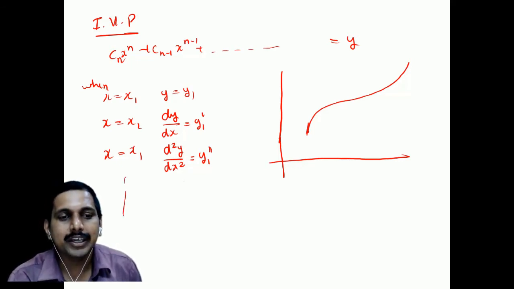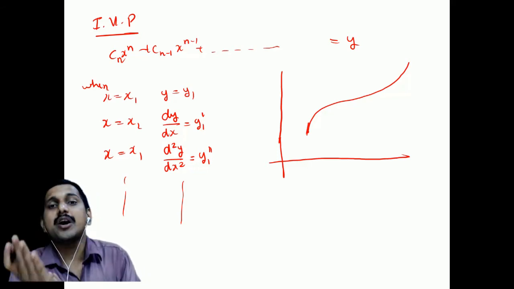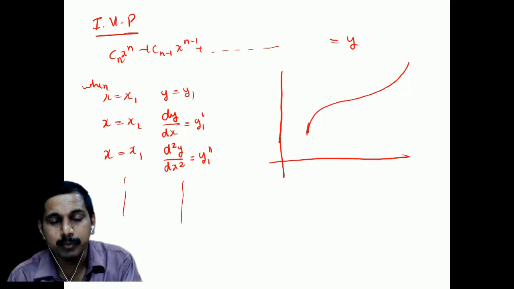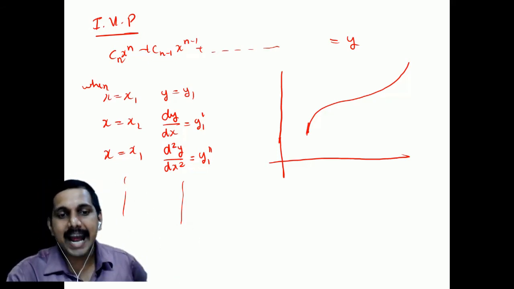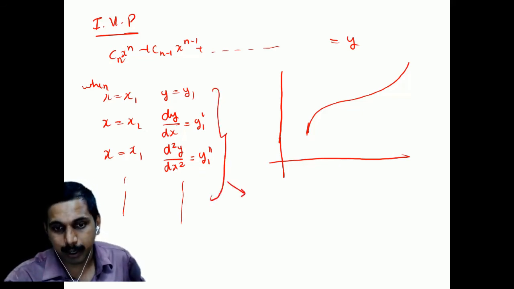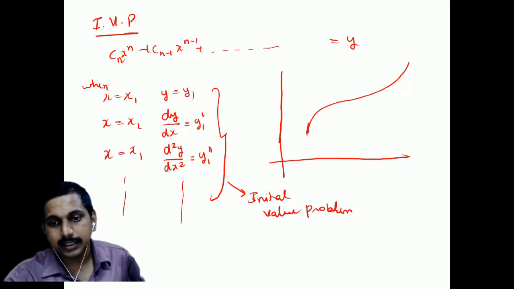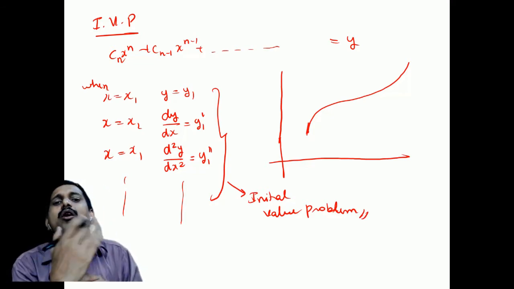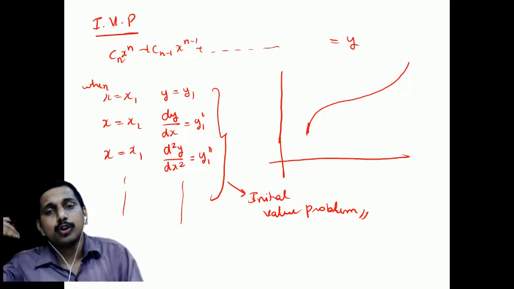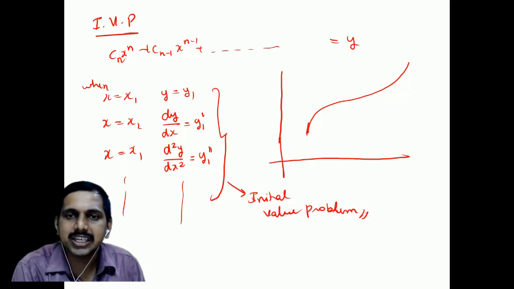So what we do, we give different slopes at the same point. At the same point, we say all the slopes which are there. What is the first slope? What is the slope of the slope? What is the slope of the slope of the slope? Like that we go. That is called the initial value problem. Any doubts here, students? This is called the initial value problem, where you are at the same point and you see all the slopes. Through the slopes, you find out the arbitrary constants. That is called initial value problem.